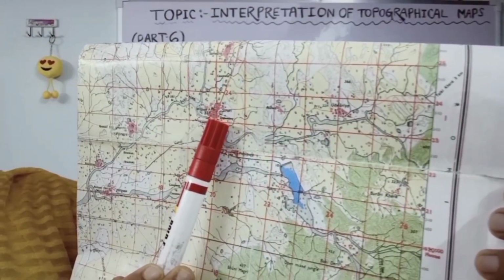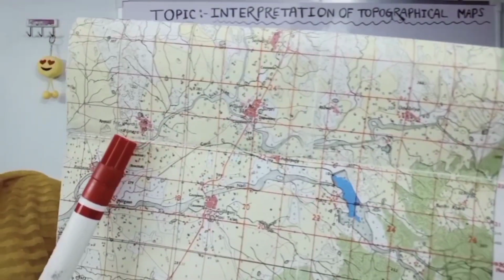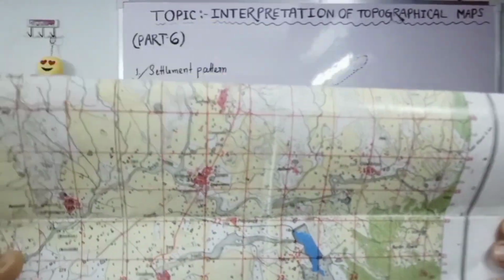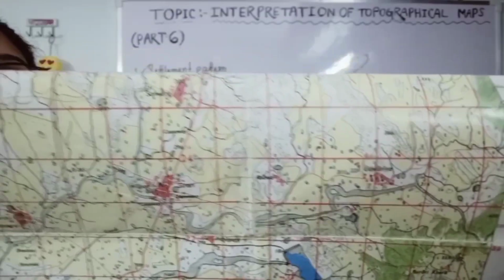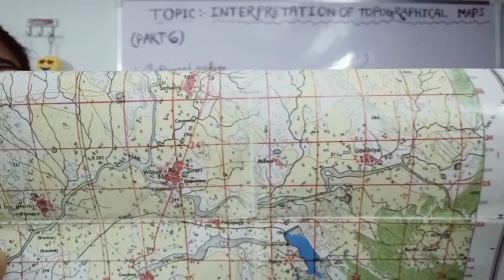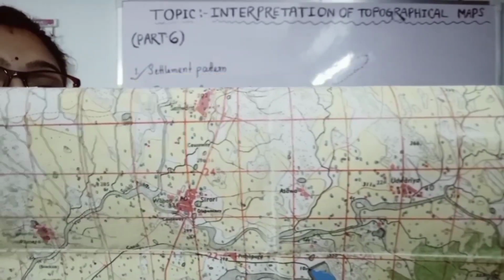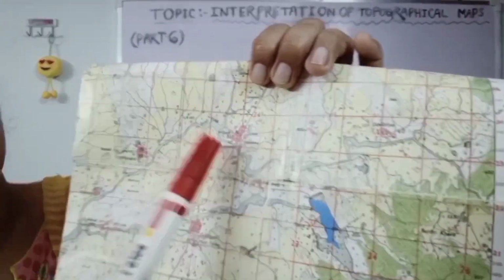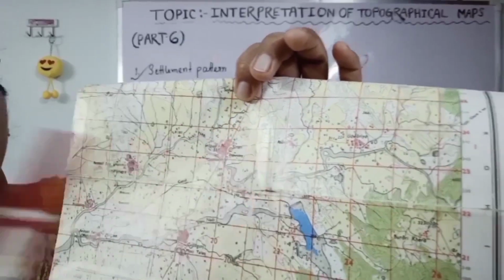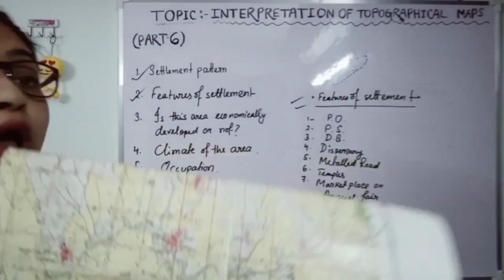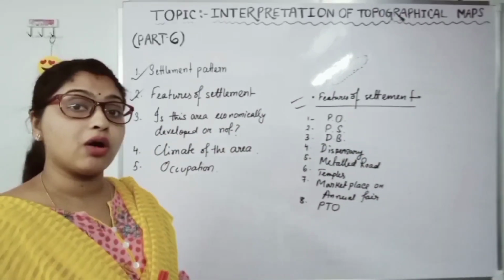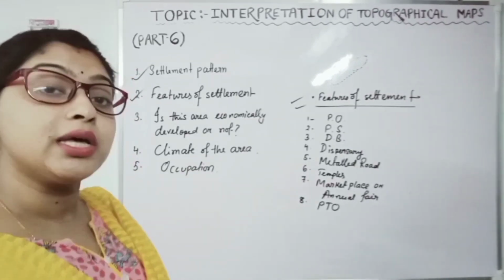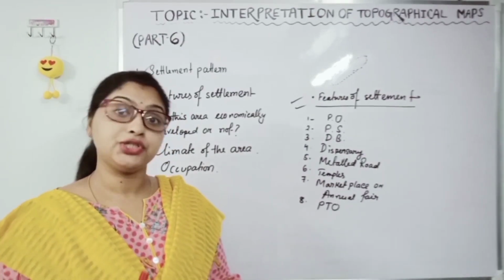Settlement, that's Sirori. Another is here, Palmyra. Here see that they are having these features whatever I have written on this board. They are having metal road, they are having police station, dispensary, even annual fair. That's why we can easily say these settlements are economically developed areas. On the other hand, settlements that are not having this kind of features are not economically developed.